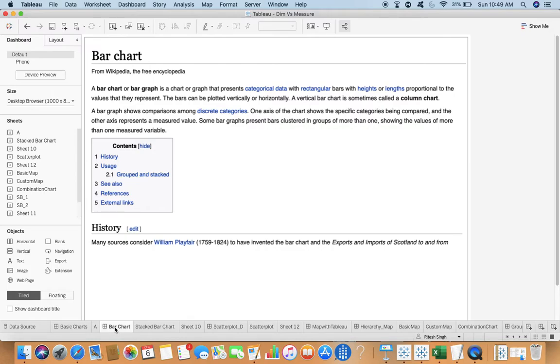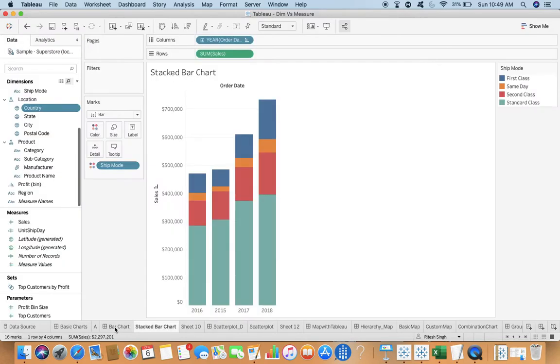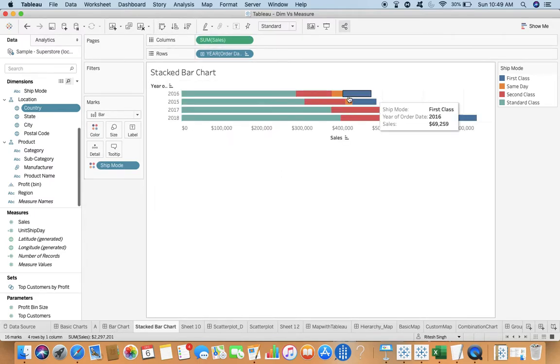A vertical bar chart is sometimes called a column chart. So this is a vertical bar chart. Sometimes, if I just swap the rows and columns, and if I just sort this, the horizontal chart is basically or mostly used for top-end scenarios. So top-end cricketers, top-end companies and all, whenever you see these on your desktop or in the newspapers as well, you will see those horizontal bars. So this is mostly used for the top-end scenarios, not for this.